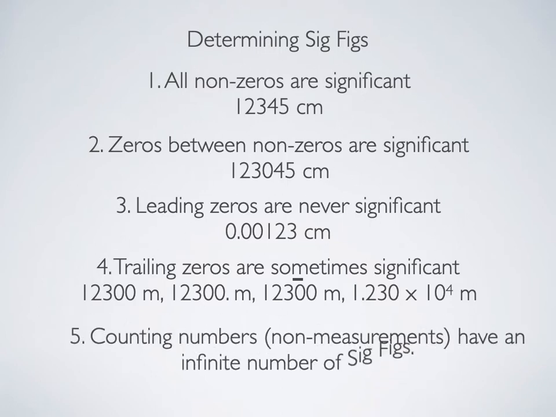All right, my last rule. Counting numbers are non-measurements. They have an infinite number of significant digits. By that I mean there's no estimate, there's no uncertainty when you're counting. Let's say there's 5 marbles on the desk in front of you. If I ask you how many marbles there are, you're not going to go 1, 2, 3, 4.7. No, if you've got 5 marbles, you've got 5 marbles, and you are certain of that fact. So to write 5 marbles as a measurement, you would have to write